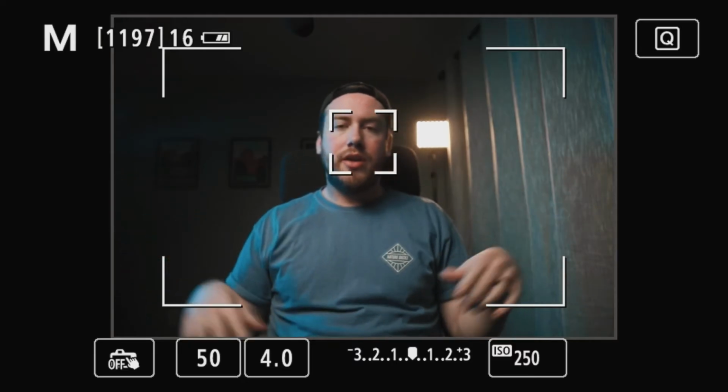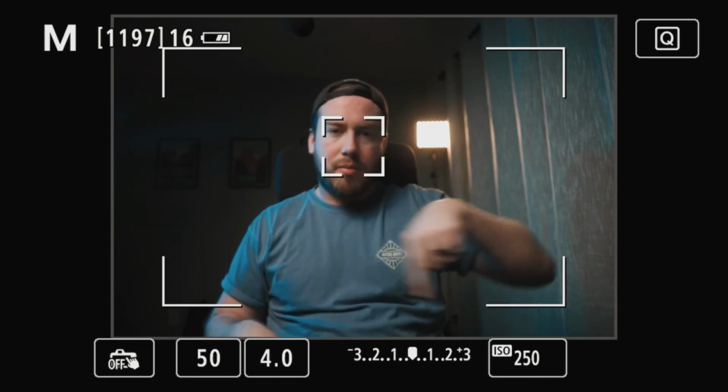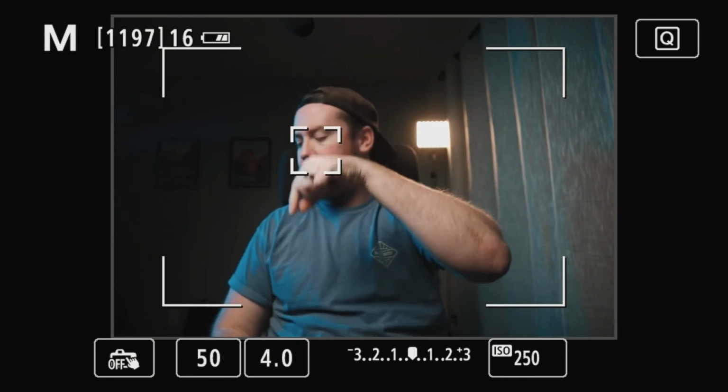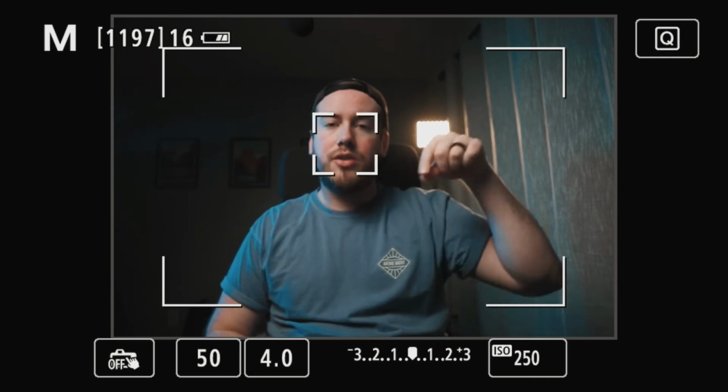So working with all three of these things, these are what help control the exposure of the image. And the way that you can tell if you have a good exposure or not is to always use your light meter. So when you look through your camera's viewfinder, you're going to see something kind of like this. And down at the bottom, you're going to see your ISO, your aperture, and shutter speed, but you're also going to see this little bar that has a 0 and has a -1, 2, 3 or a +1, 2, 3,